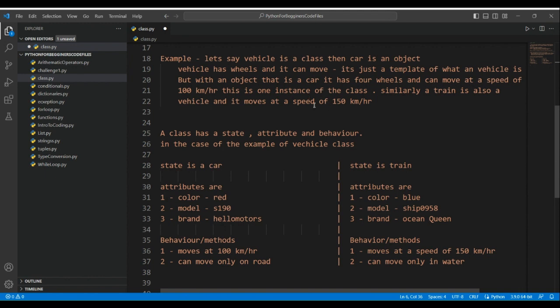So let's say a vehicle is a class, then a car is an object. So vehicle denotes all types of vehicles, say a car, a train, a ship, or an airplane. Doesn't matter. They all belong to a single class named vehicle. But a car is more specific. It is one type of vehicle that moves on land. So to be more accurate, a class can be a template of what a vehicle is, but with an object that